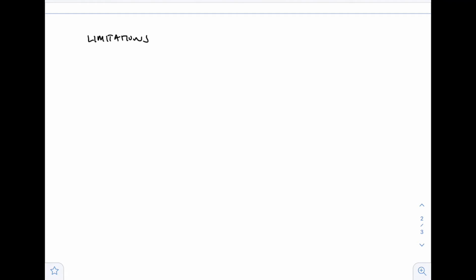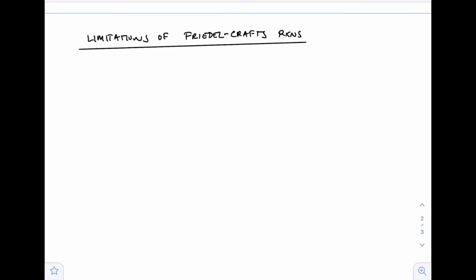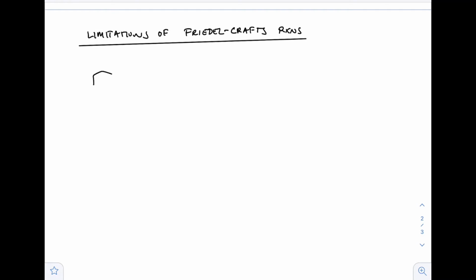Okay, and of course, sorry, I forgot to put the limitations of halogenation, that was that specific section, because we will also have our limitations of Friedel-Crafts as well. So we have Friedel-Crafts acylation and we have Friedel-Crafts alkylation, right? They both have their limitations, of course. So we always got to talk about the exceptions to the rule, right? So let's talk about